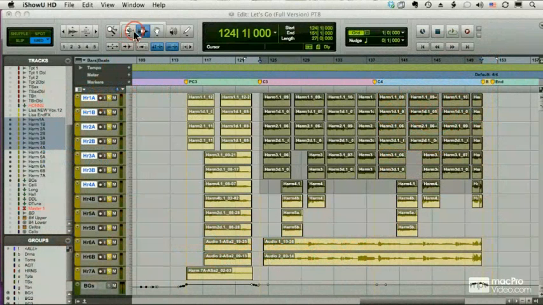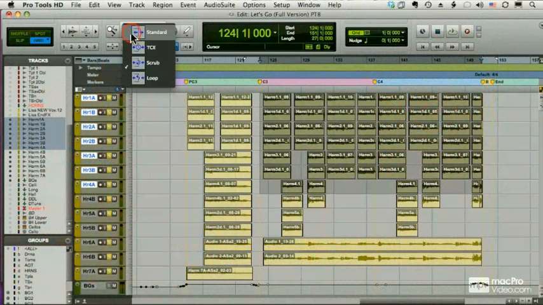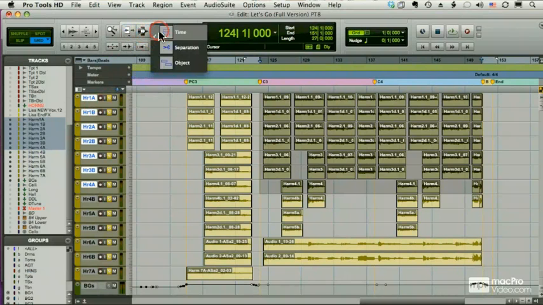So we've talked about a couple of the tools up here. We've talked about our trim tool, and there are a couple different versions of it, our selector tool, and our grabber tool, and a couple different versions of that. I'm now going to show you something called the Smart Tool, which switches between all of these depending on where